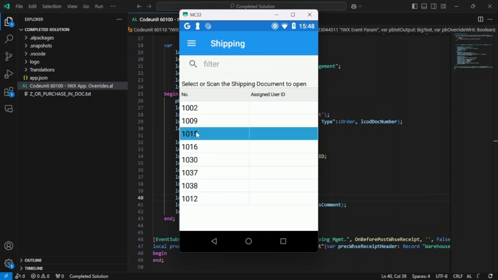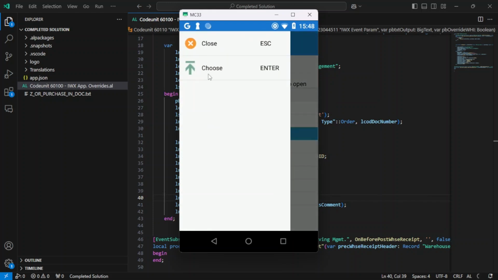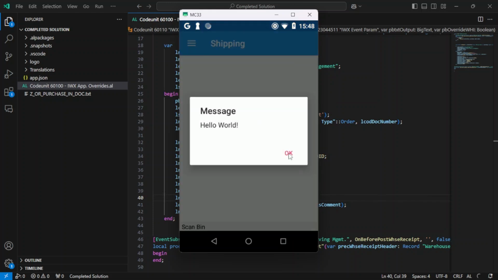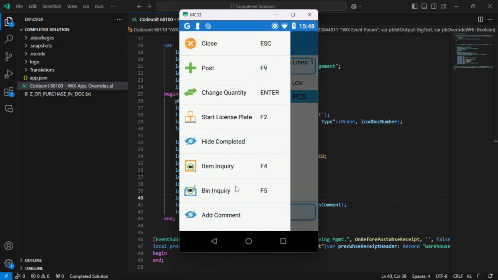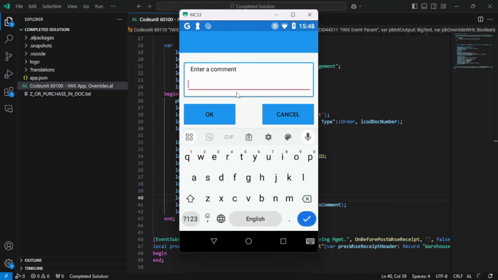So if I open up 1015 again, hello world, we should have a new menu option for add comment. So there it is now. Adding comment will pop up that block that we asked for, entering comment,